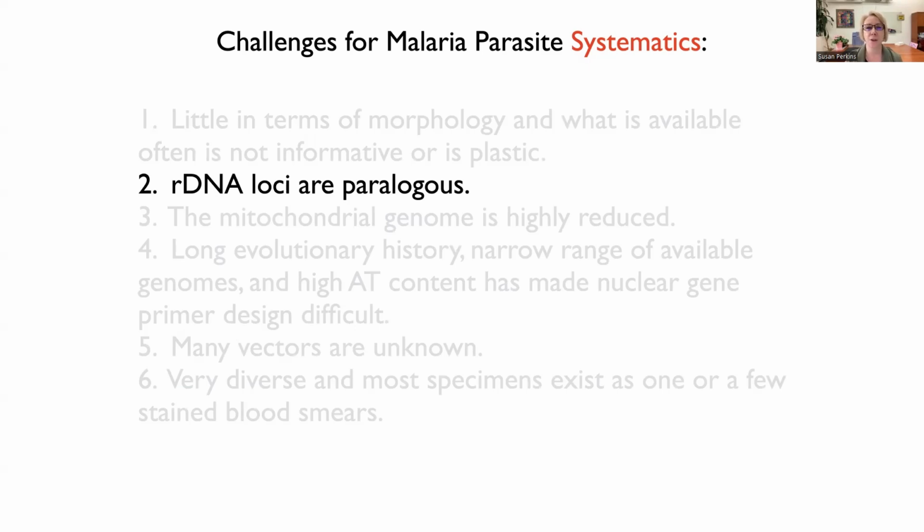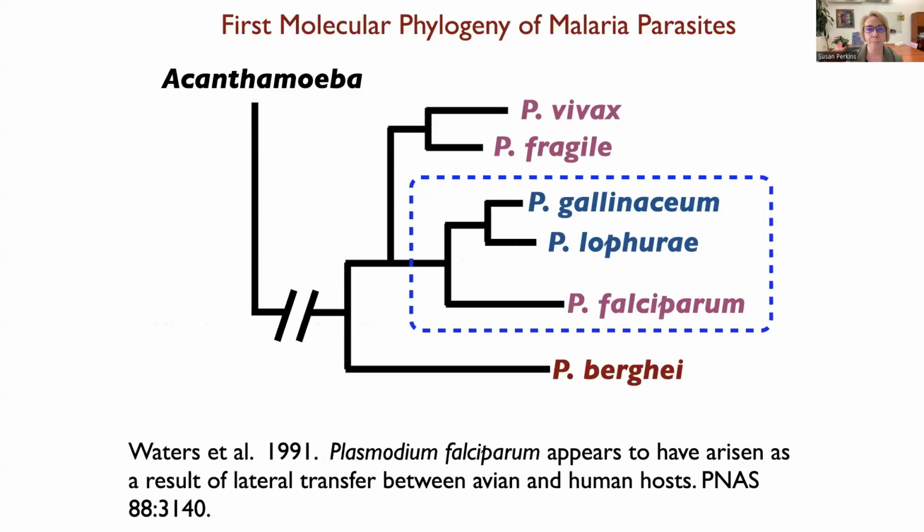So one of the first issues that we had was that the ribosomal DNA loci in malaria parasites in this entire group are paralogous. So rRNA sequencing was the workhorse for over a decade. It was an easy to amplify gene, and so a lot of people sequenced this gene. We know it created huge controversies in systematics because it was a terribly difficult molecule to align. Nonetheless, it was applied to Plasmodium parasites, and Andy Waters and some colleagues got a PNAS paper out of this